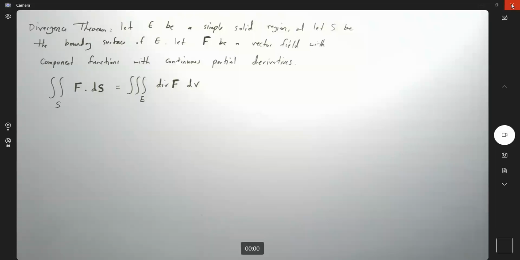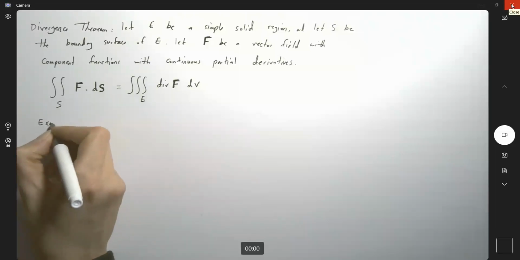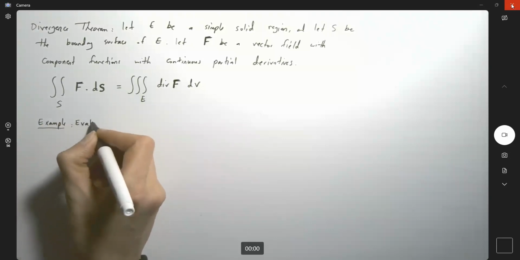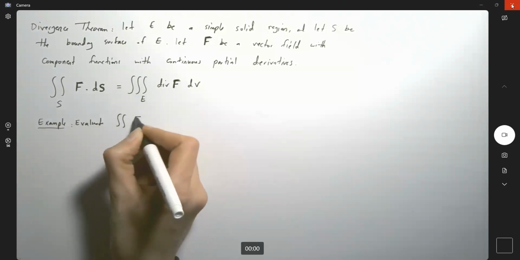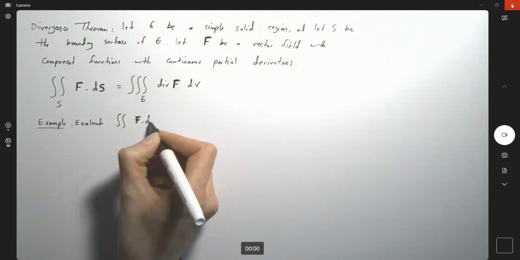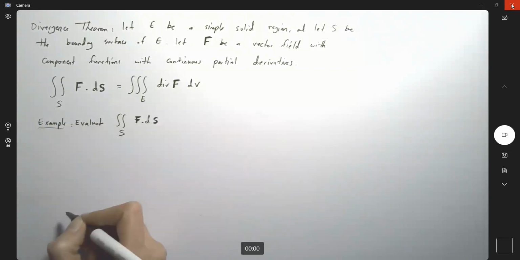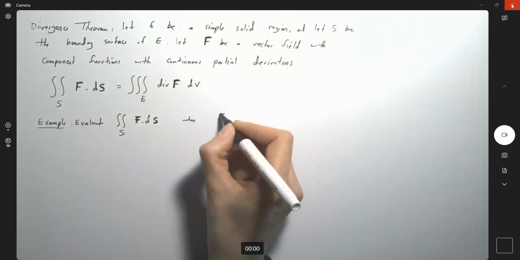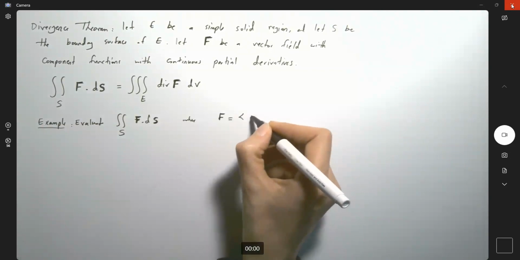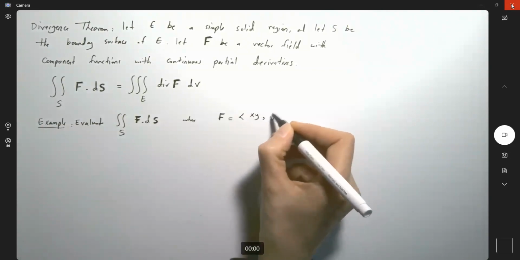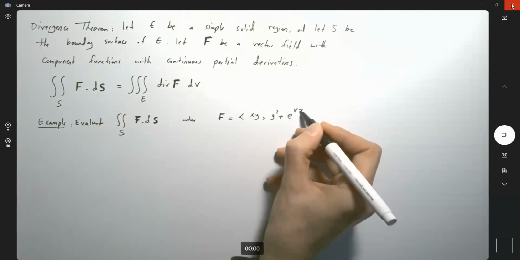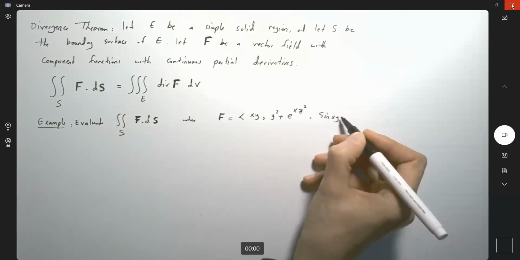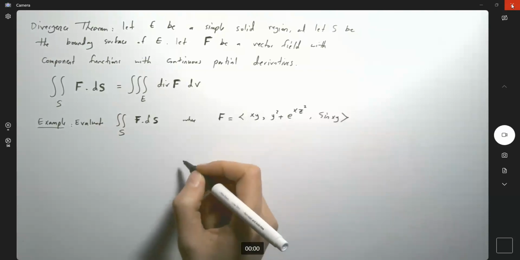Let's take a look at another example. In this example, I ask you to evaluate the double integral of F dot dS over S, where F is the vector field equal to xy, y squared plus e to the power xz squared, and sine of xy, and S is the surface